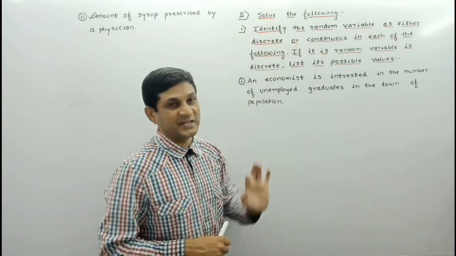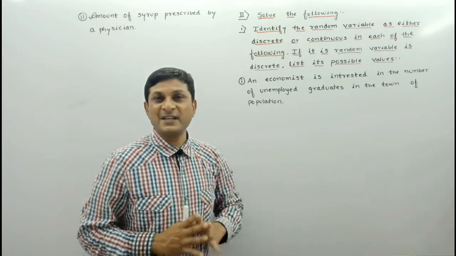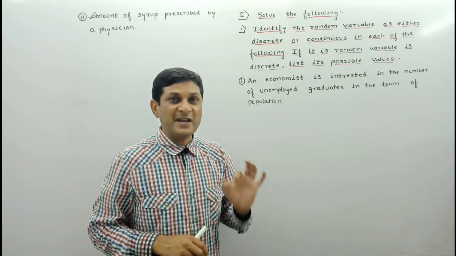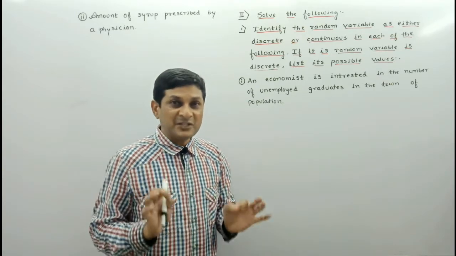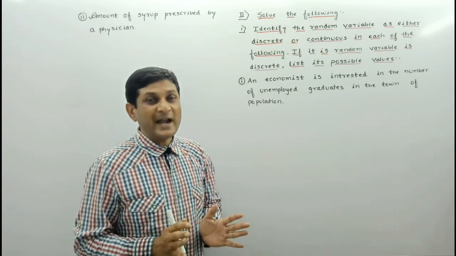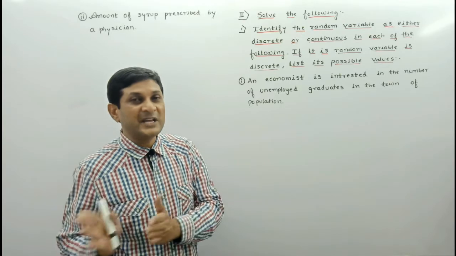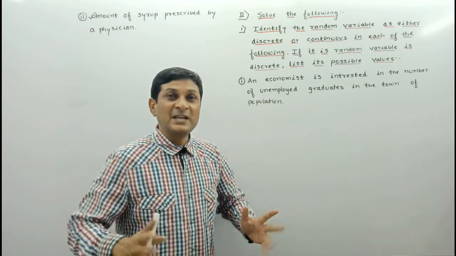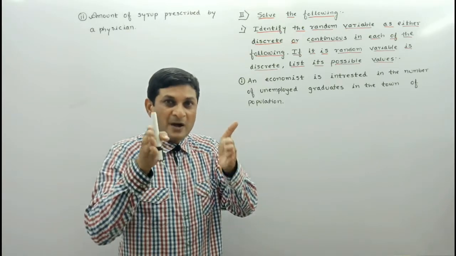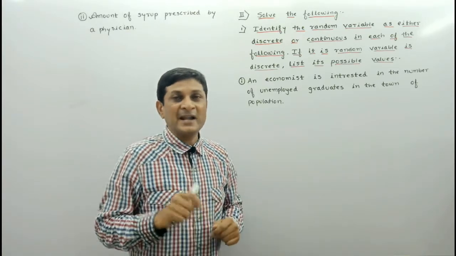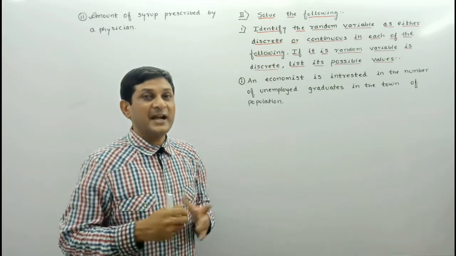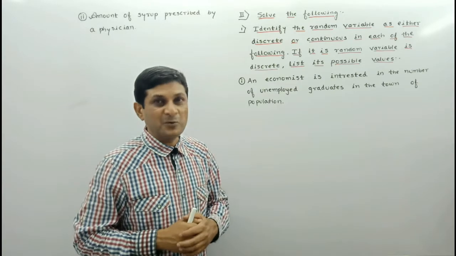either discrete or continuous. Let us revise once again the definition of discrete random variable and continuous random variable. We can say that a random variable is discrete if its values are countable or infinitely countable. And a random variable is continuous if its values are infinitely uncountable, meaning it takes values in some interval on a real number line, and between any two real numbers there are infinitely many real numbers, and that's why it is not possible to count them,